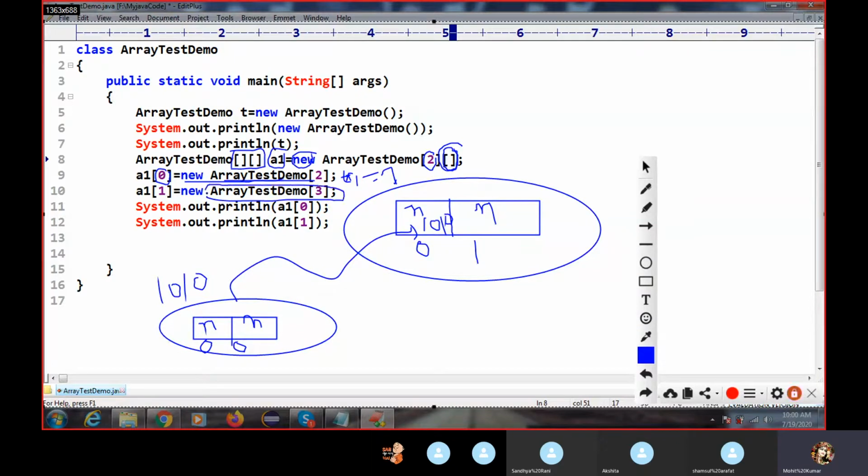How many is the size? Size 3. Again, one object will be created. Inside this we have 3 locations, 0, 1, 2. This value is also null, so we are not storing any value.